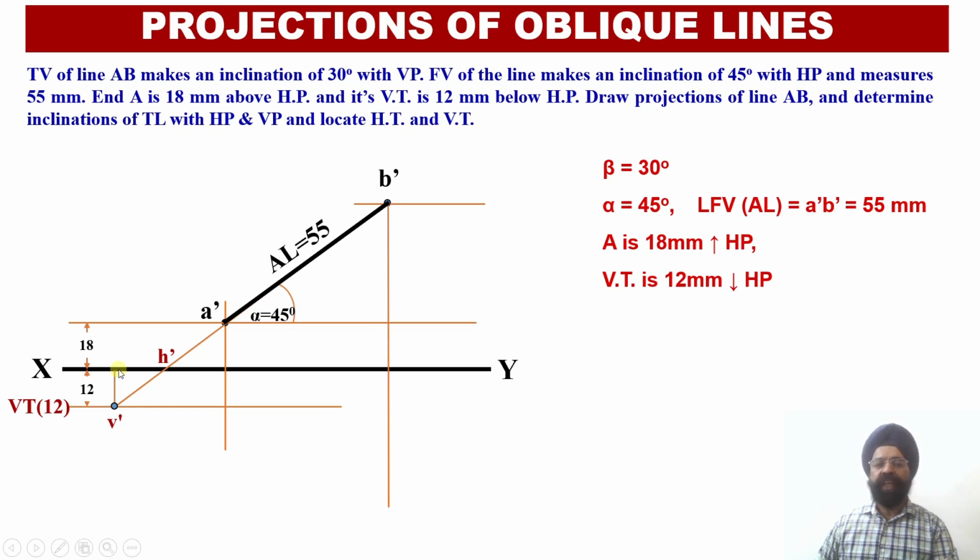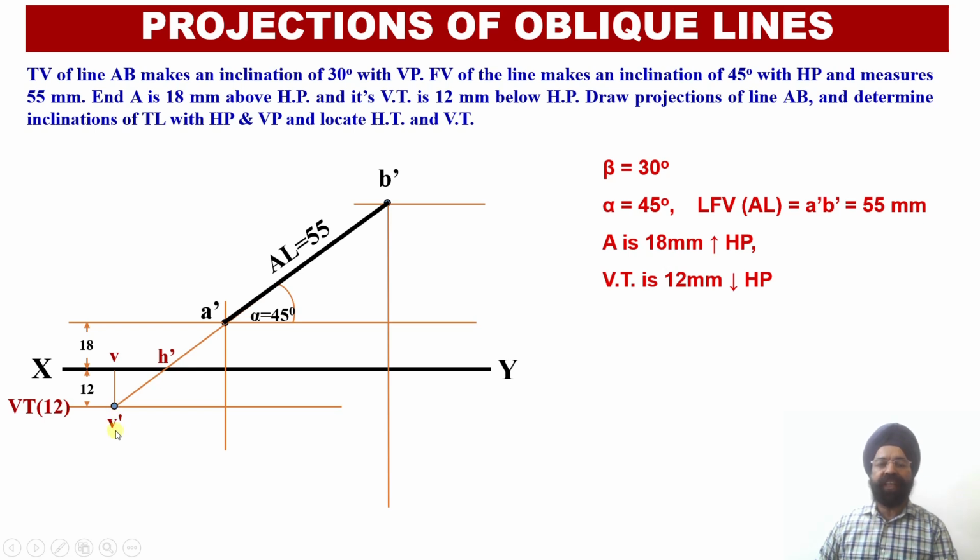This should give me the intersection of the plan projection line itself or its extension with the XY reference line. So the definition of the vertical trace is wherever the plan projection line AB itself or its extension is going to intersect with the XY reference line, I am able to obtain the point V. But here I am not provided with the point V first, I have been provided with the location of V dash. So once I obtain V dash along the extension of the elevation projection line, I have been given this location as 12 millimeter below the horizontal plane.